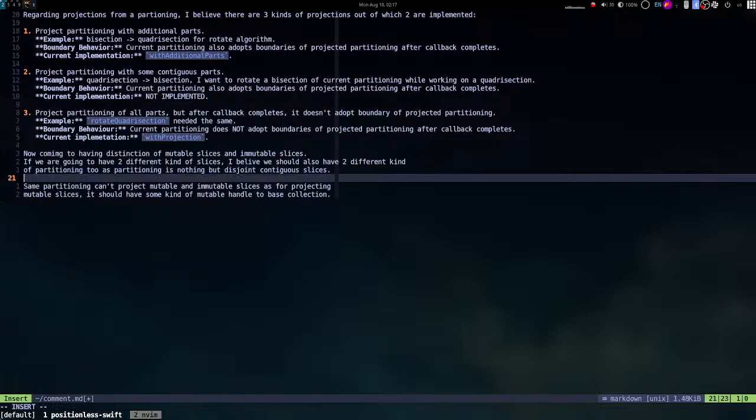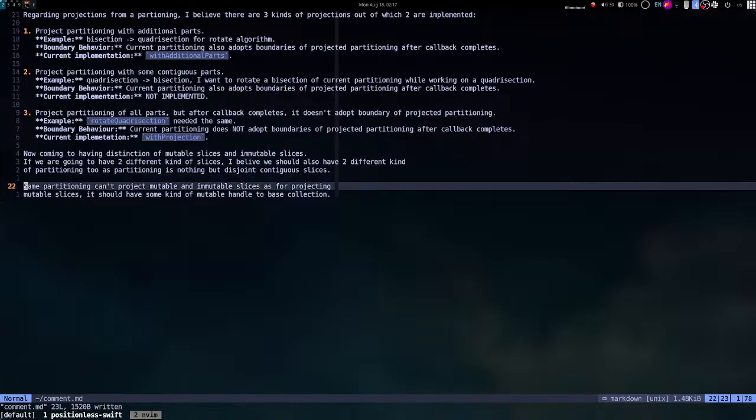Unified partitioning cannot project mutable and immutable slices, as